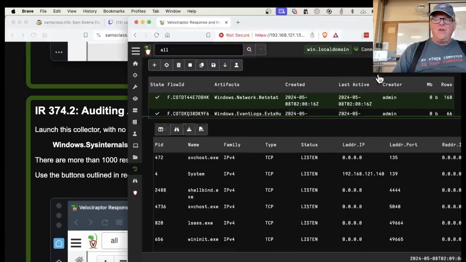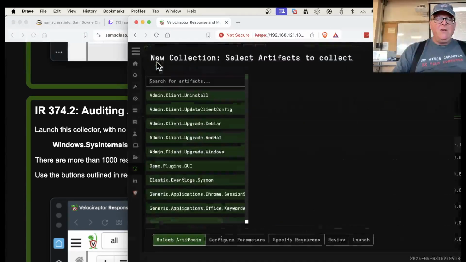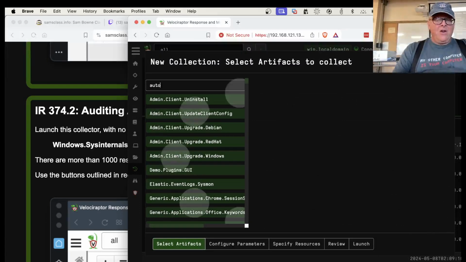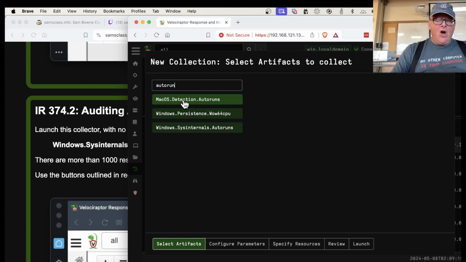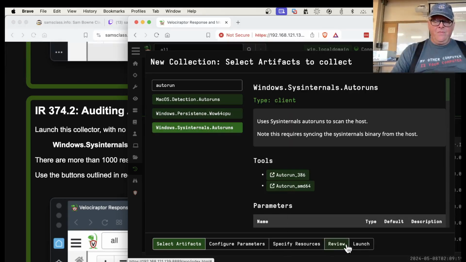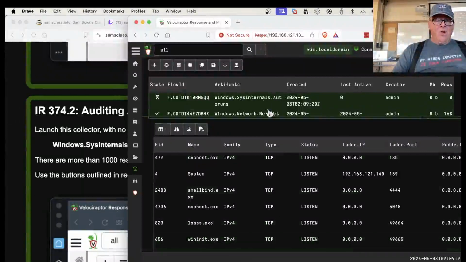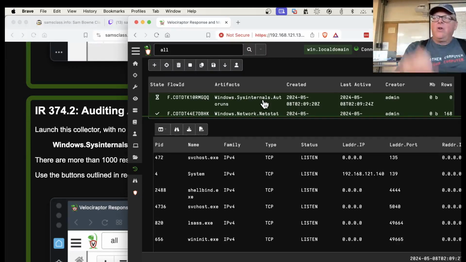So Autoruns is a good tool to find it. Let's see if this runs. I think it'll run, although I'm a little concerned about the fact that I'm using an ARM machine. But I think it did work, so it's going to try and install Autoruns and run it. And I guess it's running the AMD version of Autoruns on an ARM machine, which will often work, although